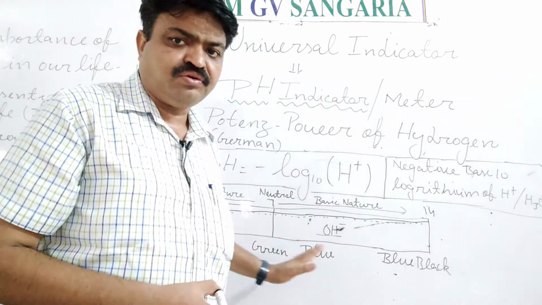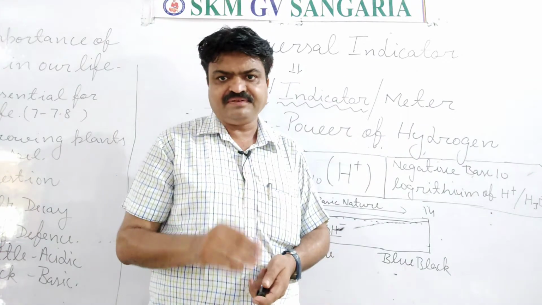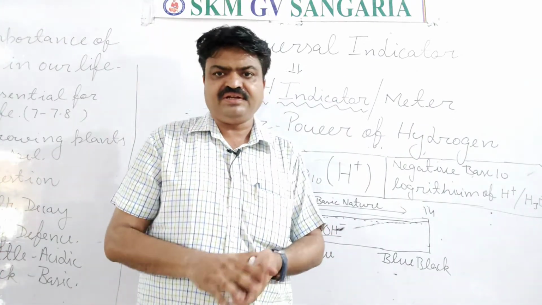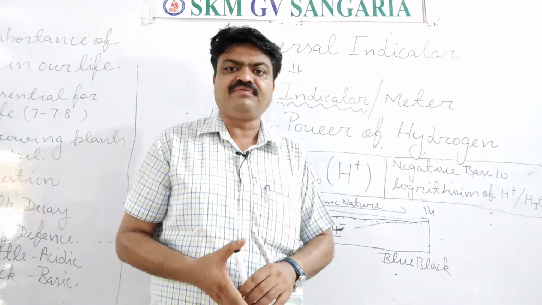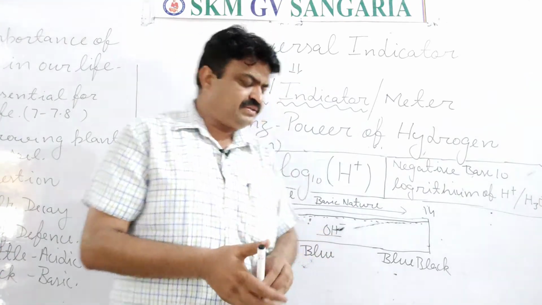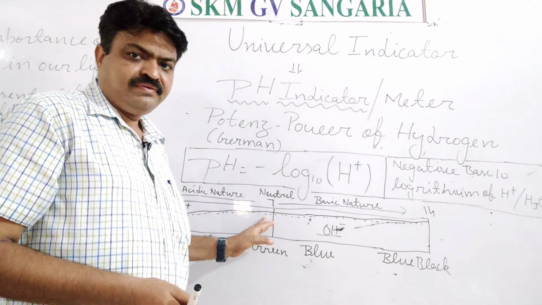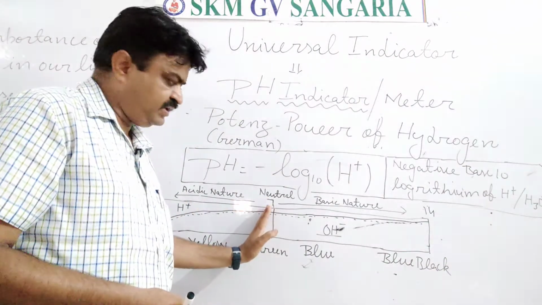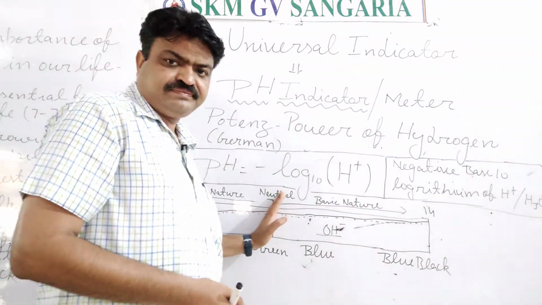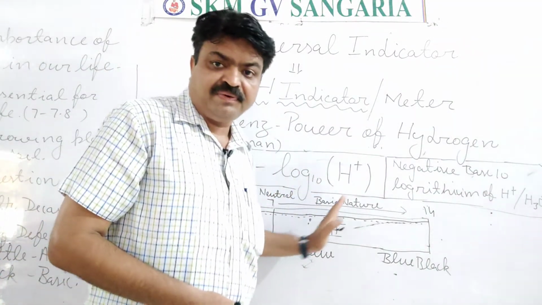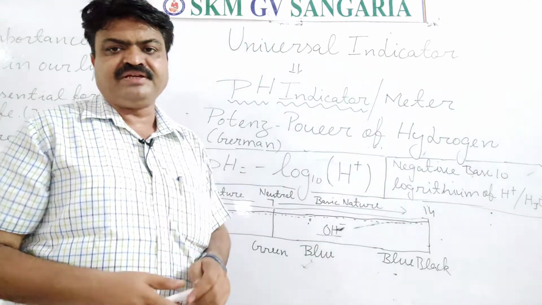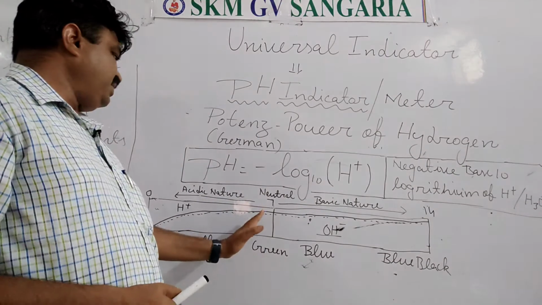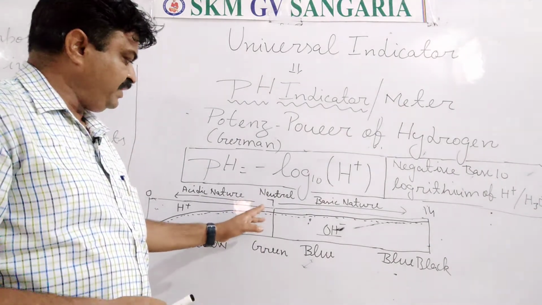If the color is not changed, in that case we can say that the particular chemical substance is neutral in nature. And in the case of neutral, what is the pH? It is 7, student. So 0 to 6.9 is acidic, 7 is neutral, from 7.1 to 14 it is basic. In the acidic nature, it is increased, means the pH,